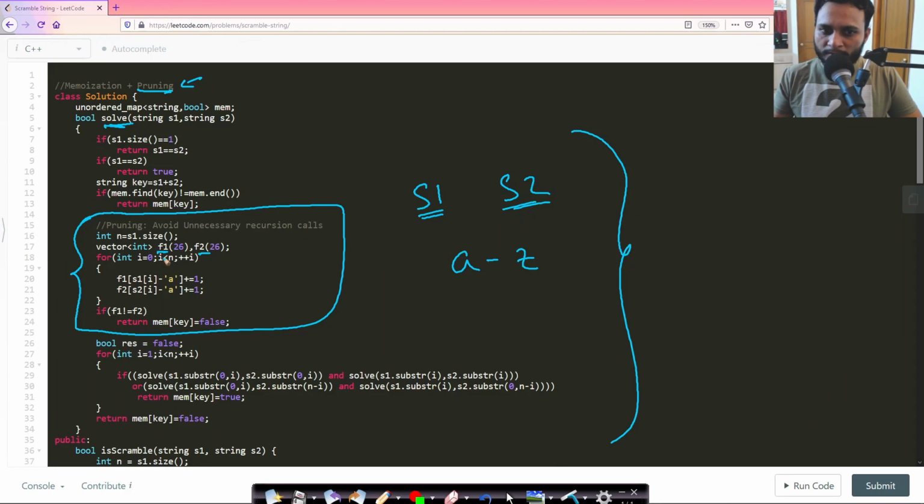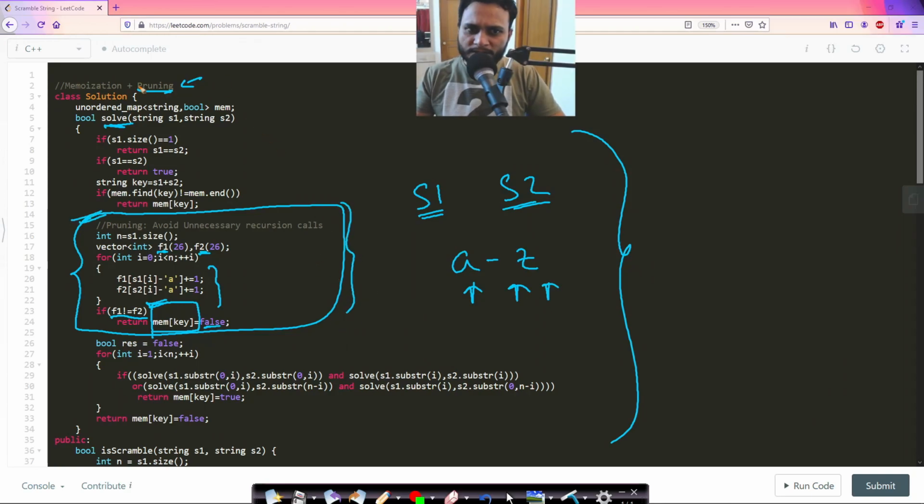Now we take two vectors f1 and f2 and count the frequency of all the characters. Once we have counted, we match whether vector f1 equals vector f2. That means whether the frequencies of all the corresponding characters are the same or not. If they are not equal, we return false, and just before returning we obviously update our map, which is nothing but the memoization array. So this is the only difference.